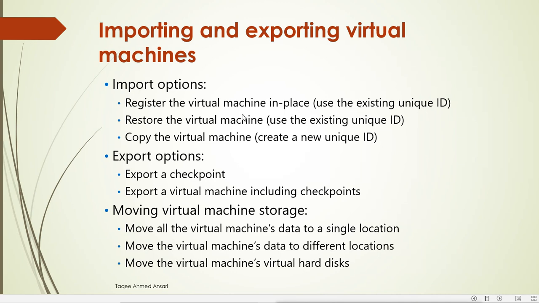Now remember, every operating system actually has a unique ID. Every Windows operating system has its own unique ID. We will not notice that until we copy the virtual machine, copy the operating system or copy the machine. When we install the Windows operating system, either Windows 10 or Windows Server, on a physical server, it has a unique ID. It is not possible to copy physical servers, but it is possible to copy virtual servers. Now if I import or export this, it can be like copying the machine.